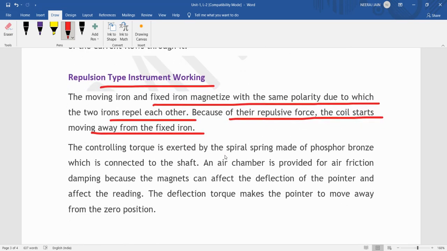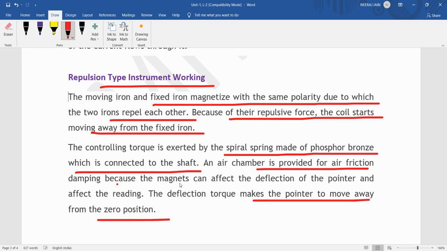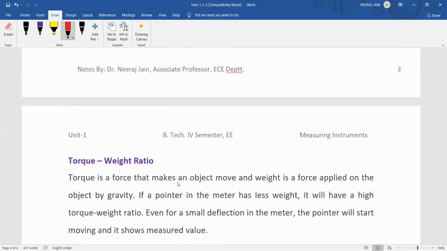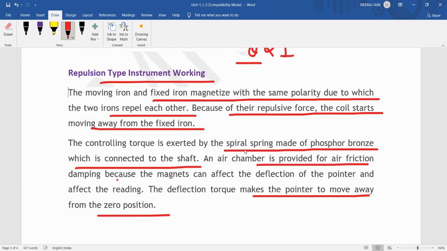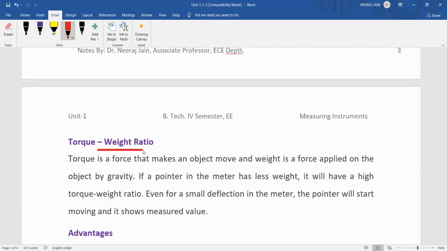Controlling torque is developed by the spring made of phosphorus bronze which is connected to the shaft. Air chamber is also provided for friction damping, and the deflection torques make the pointer to move away from the zero position. In moving iron instrument, basically the scale is non-uniform and theta will be proportional to I square. तो बेसिक यहाँ पर जो हमारा डिफ्लेक्शन होगा दैट विल बी प्रोपोर्शनल टू करंट का स्क्वायर।